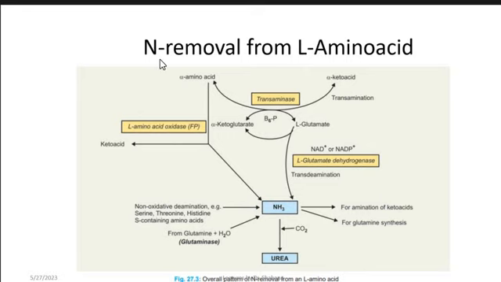This is the summary, that is the removal of nitrogen from L-amino acid. This is the alpha amino acid. It first undergoes transamination forming alpha keto acid, and on the same side alpha ketoglutarate is converted into L-glutamate in the presence of vitamin B6. This alpha amino acid in the presence of enzyme L-amino acid oxidase is converted into keto acid and then liberates ammonia. This L-glutamate undergoes transdeamination by L-glutamate dehydrogenase